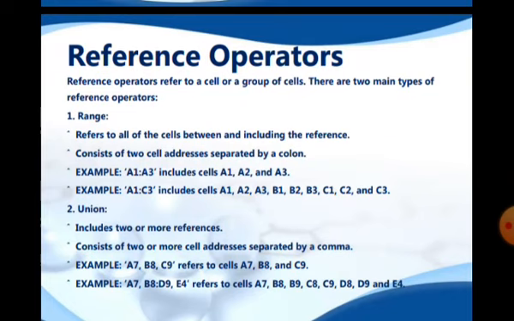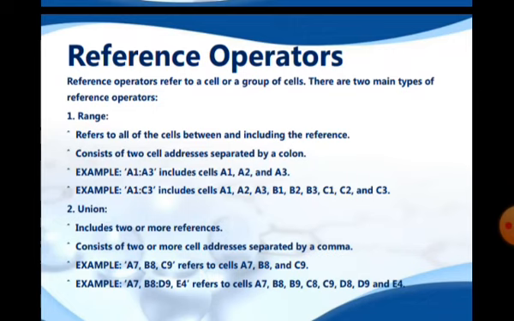For example, here you see A1 colon A3 includes all the cells A1, A2 and A3. In the next example you see A1 colon C3. It includes all the cells between A1 and C3, including A1 and C3 also. So A1, A2, A3, B1, B2, B3, C1, C2, C3, all the cells are included when you write A1 colon C3.